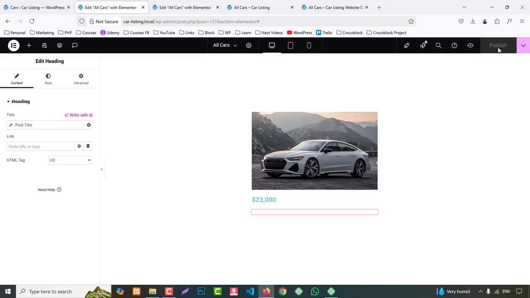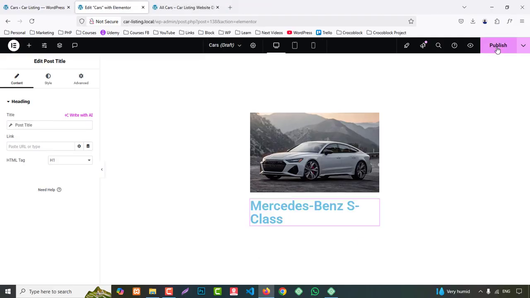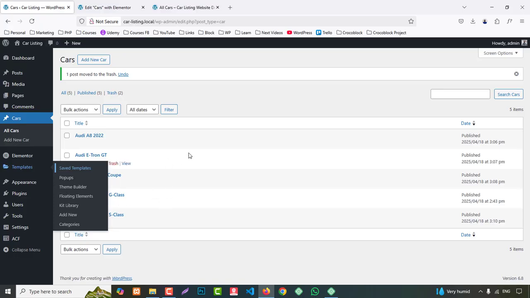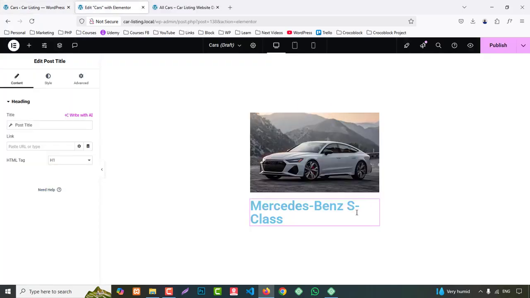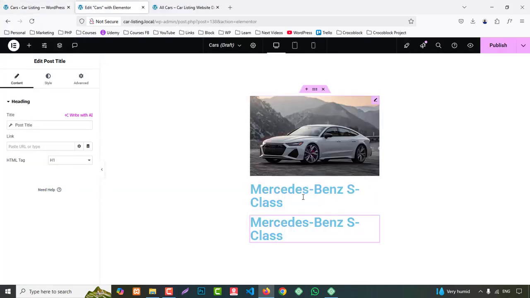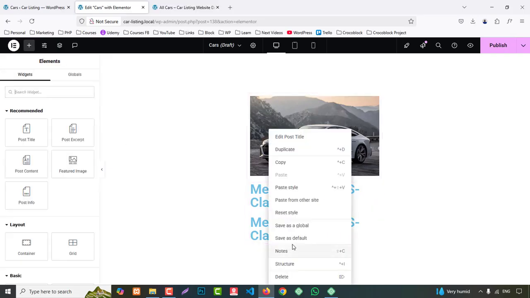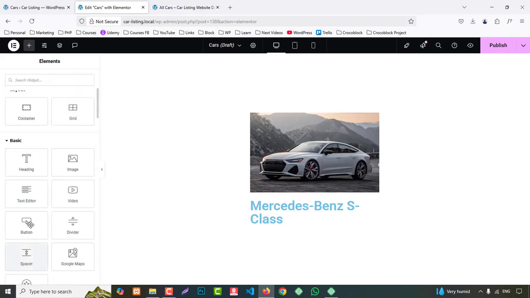If we click publish, let me check. Okay, so price showcase here. Unfortunately, we have one post removed, that's why this problem. We can duplicate this part, and here we can add not post title. We can remove this part. We add normal heading,